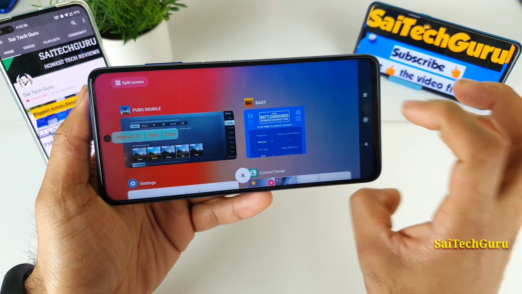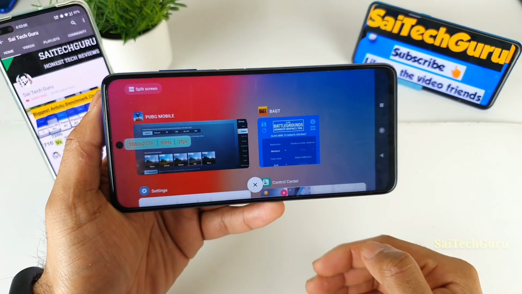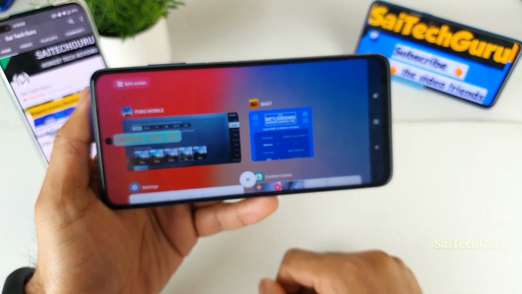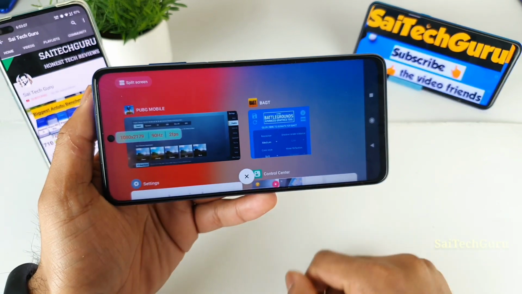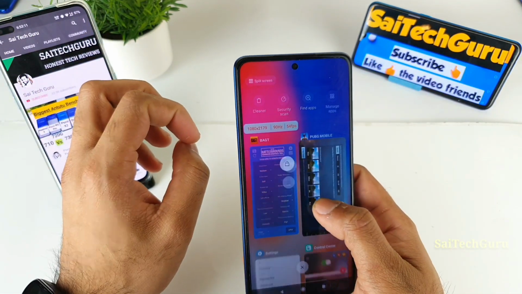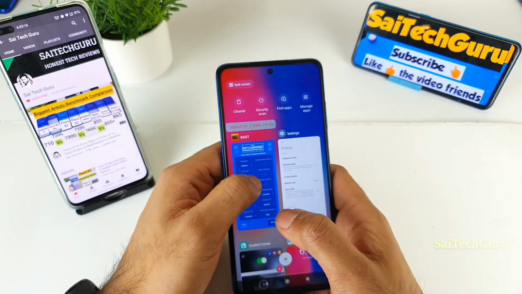As you can see, when I open the multitasking tray, you can see the 90 Hz has increased. But as soon as I open the PUBG game, it decreases to 60 Hz. As you can see, friends, that's a drawback. If you find any other way, then definitely let me know, friends. I'll try to do testing on my phone as well.